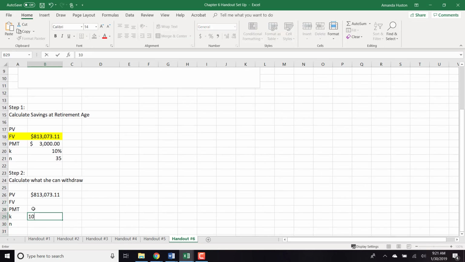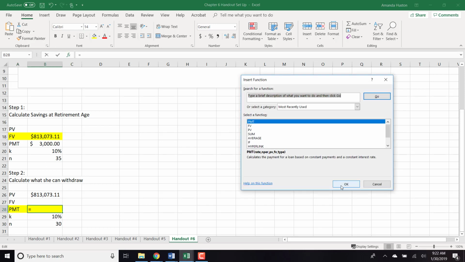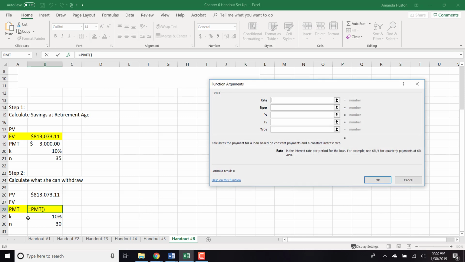We're going to use the same interest rate. Now, in financial planning, we wouldn't use the same interest rate because you're not going to invest as risky. And it's going to be over 30 years now until she's 95. And now we're solving for payment. So I'm going to solve for payment. Our interest rate is 10%. Our number of periods is 30. And our present value is